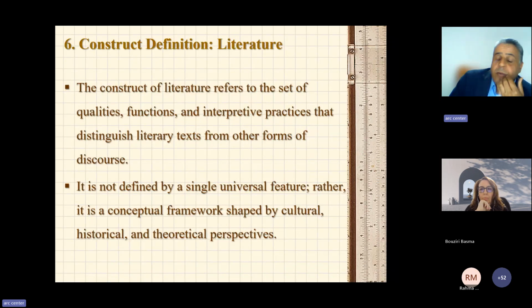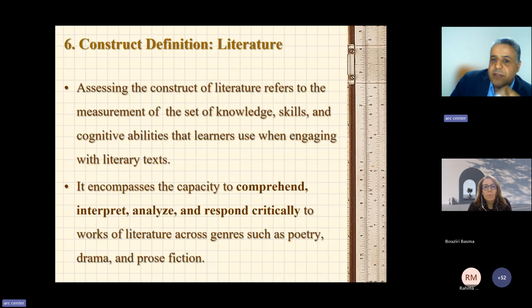So when we talk about assessing the construct of literature, we are referring to the measurement of a set of knowledge, skills, and cognitive abilities that learners use when engaging with literary text. Our learners, for example, read poetry, drama, prose, fiction, and they are engaged with the text. So we try to measure the knowledge, the skills, and those cognitive abilities, but in the